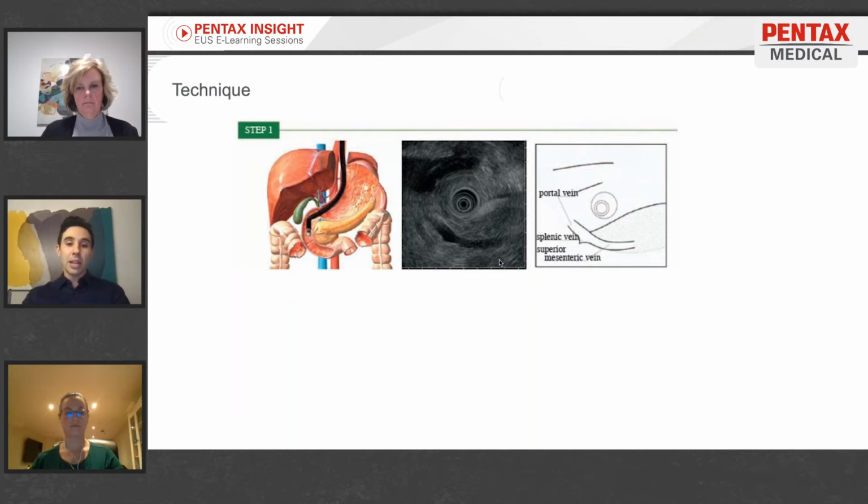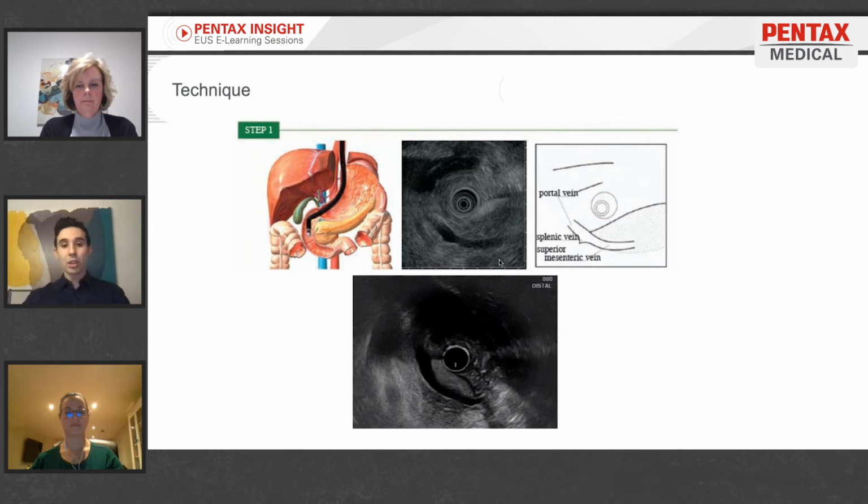And you know, it's not as easy, and my fellows will attest to this, it's not as easy as just putting your scope there and voila, there's the image. There's a lot of nuance, there's a lot of detail of how you maneuver your endoscope. Are you torquing your shaft to the right or to the left? Are you applying some tip deflection with your wheels? Are you suctioning the air, because we know that air will distort the image? And so there is a lot of practice that needs to go into finding these images,